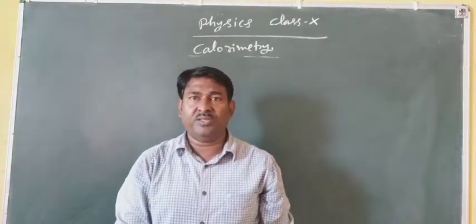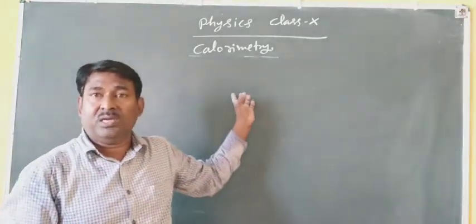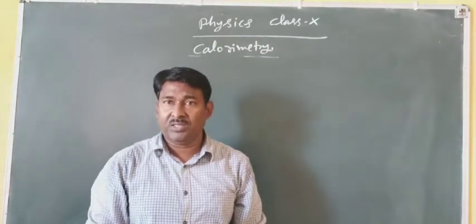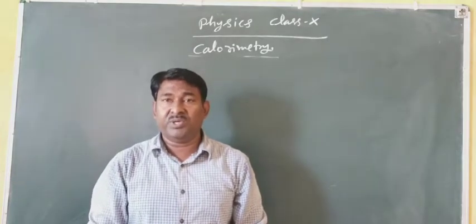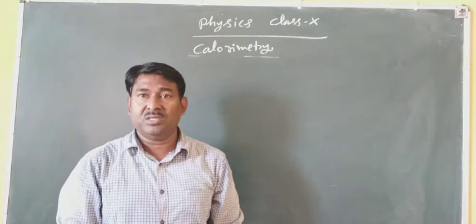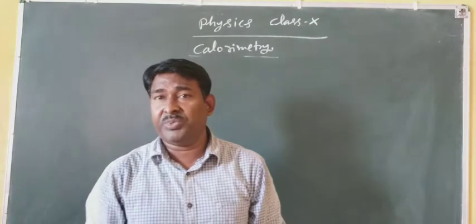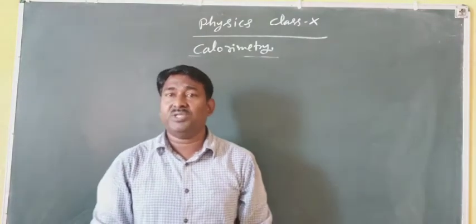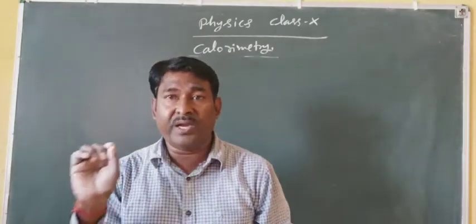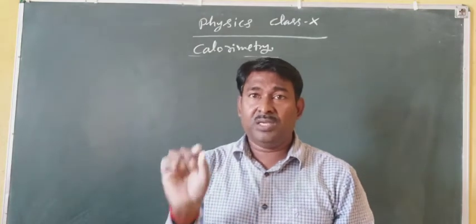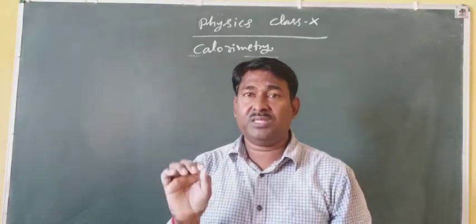Today I am going to explain calorimetry. In my previous lecture on calorimetry, I already explained the concept of heat, the concept of temperature, the unit of heat, the unit of temperature, the relation between change in absolute temperature and change in degree Celsius temperature, and how we can convert a given temperature in degree centigrade into Kelvin. And today I am going to explain the factors affecting the heat absorbed by a body, meaning the amount of heat absorbed by a substance.